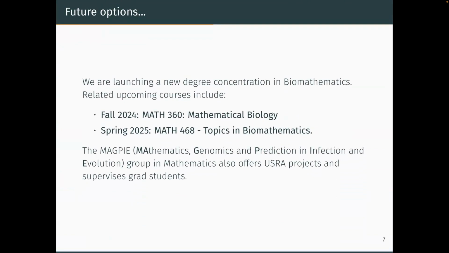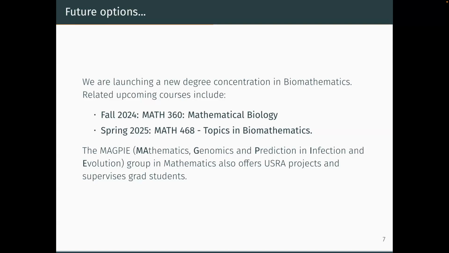This will be mainly focusing on population dynamics and ecology. So in this course, we're going to be talking about evolution. But this course here will be mainly focusing on the population dynamics themselves, so changes in population size, things like that. Then this course in the spring, there's another Math 468. Depending on who teaches this course, the actual topic will change. So Aline McPherson has just taught one on stochastic processes in the context of biomathematics. There might be a course on, say, phylogenetics and graph theory and how this tells us about evolutionary relationships. That might be the kind of thing that runs in spring.